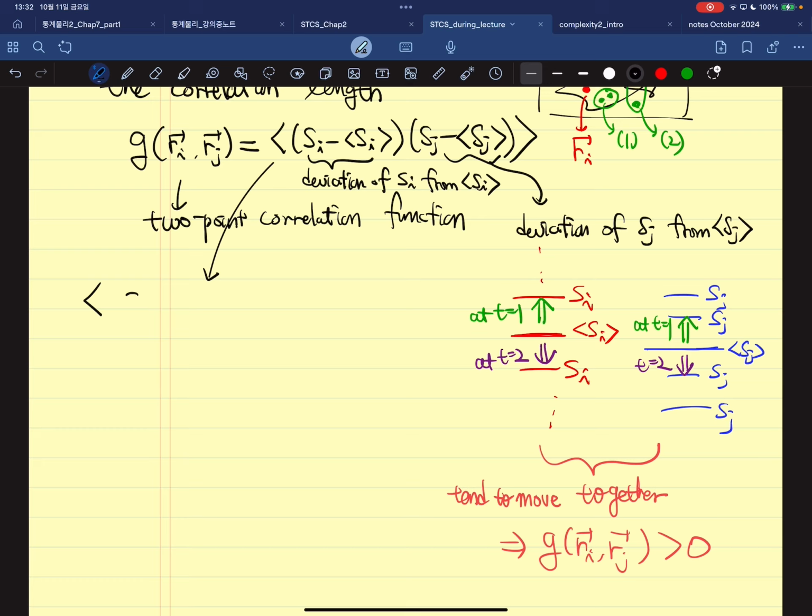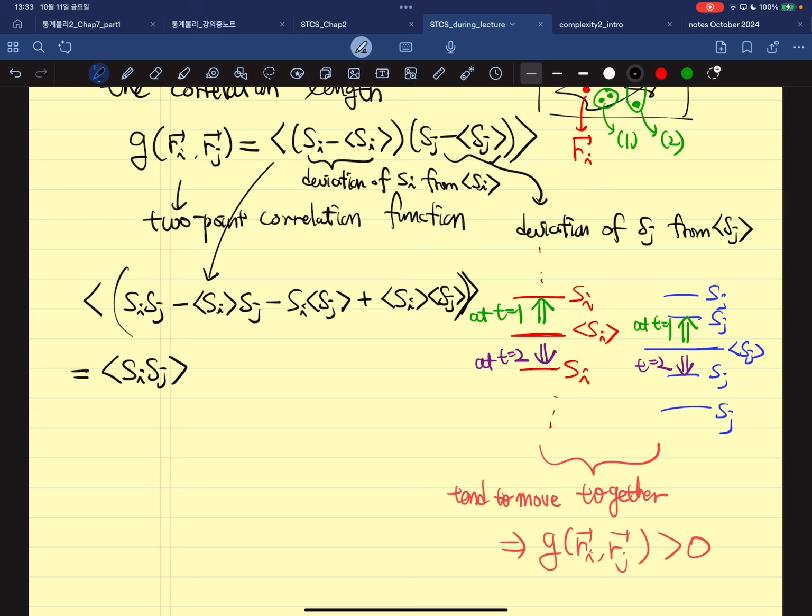So it's SI SJ, minus SI average times SJ, minus SI times SJ average, plus SI average times SJ average. So average over this, then we have SI SJ average